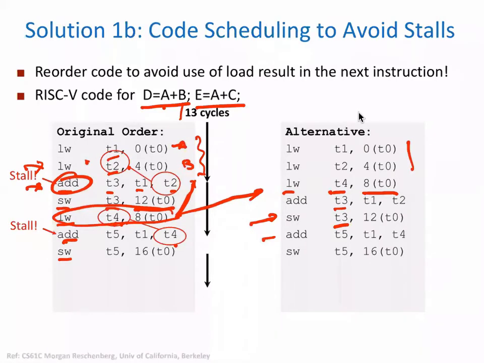it was causing stall. So this add comes here after the third load. And then this last one, which was also causing stall, comes here. And then we can do the last SW, because the result of this is used here for storage. And so the add and SW combination does not cause any conflict or data dependency. Okay, any question?